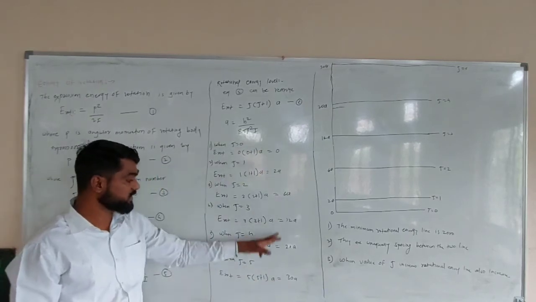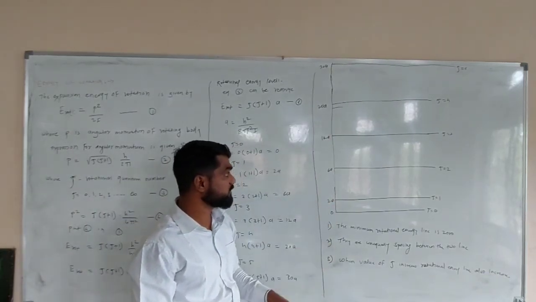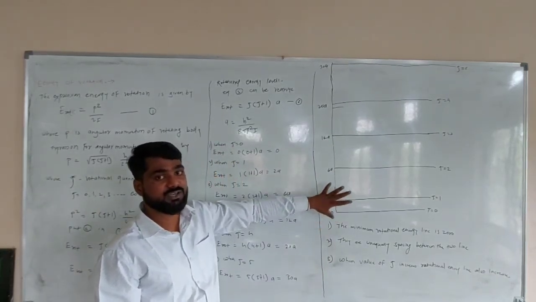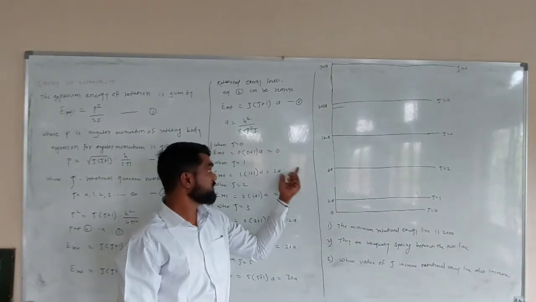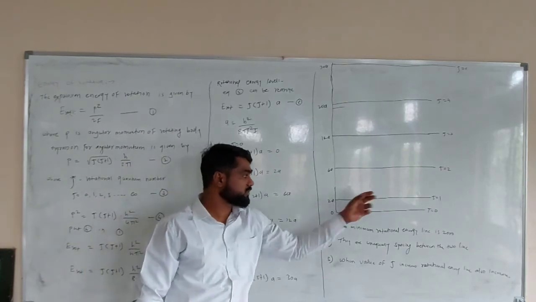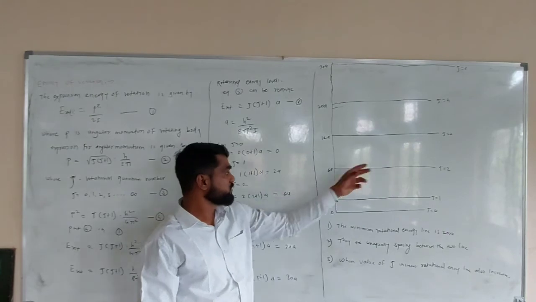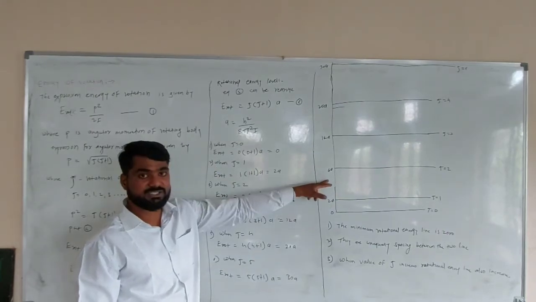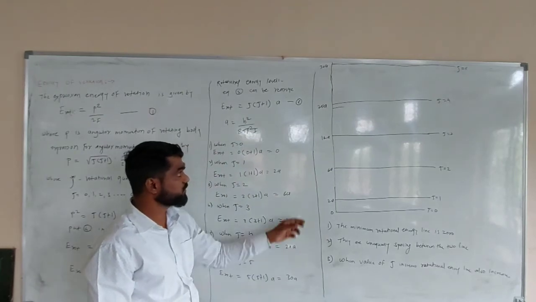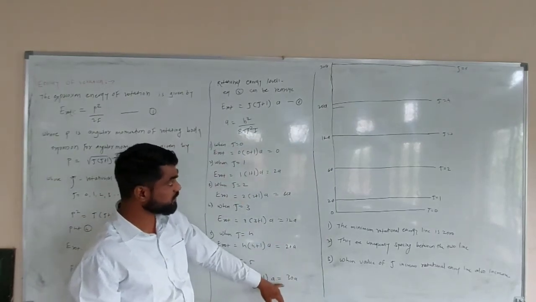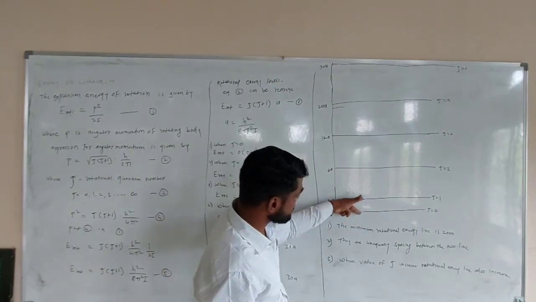From these different energy level lines, we can draw the diagram of different energy level lines related to the rotational quantum number. When J is equal to 0, that is the first line, that is 0. When J is equal to 1, the second line, that is 2a. When J is equal to 2, the third line, that is 6a. When J is equal to 3, that is 12a. When J is equal to 4, 20a. When J is equal to 5, 30a. And the spacing increases. That is spacing 2a,